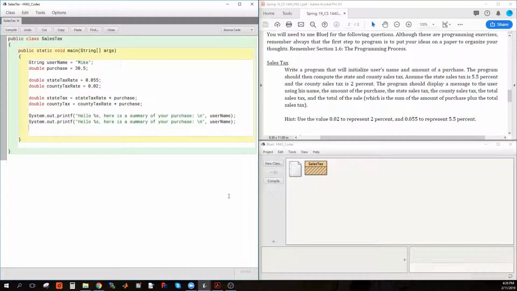Then we can print a series of messages, and here I'm just going to use println, to show the list of things. So the program should display the message to the user using his name, the amount of the purchase. So here, amount plus, and then here we just put the purchase. Then we can create another message here,